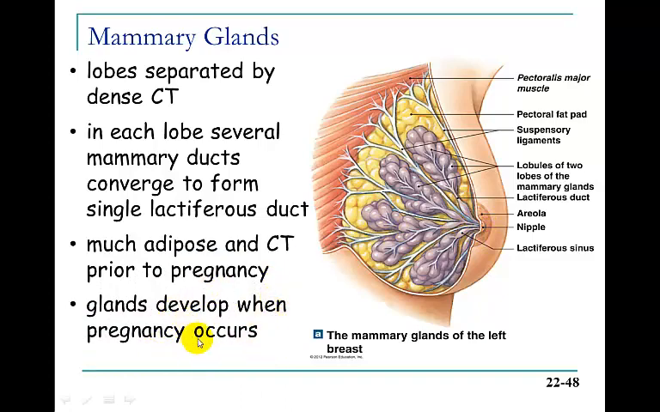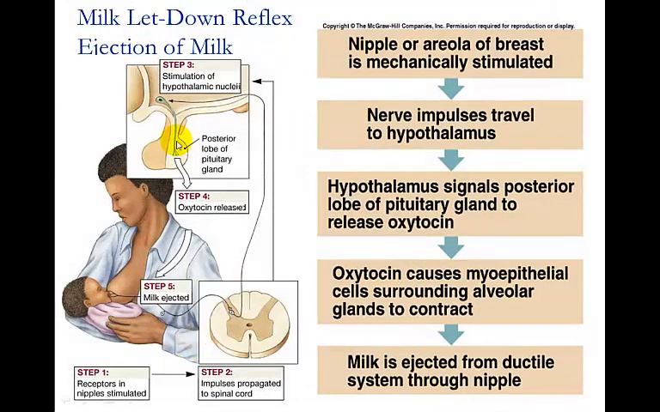So these glands are going to develop during pregnancy, as we said. And this is the letdown reflex. When the baby sucks on the breast, this sets off a reflex. Receptors will send messages to your spinal cord, which then sends messages up to your hypothalamus. And the hypothalamus will signal the posterior lobe, basically will cause the release of oxytocin from the posterior pituitary gland. The oxytocin causes special cells in the breast called myoepithelial cells that are along the